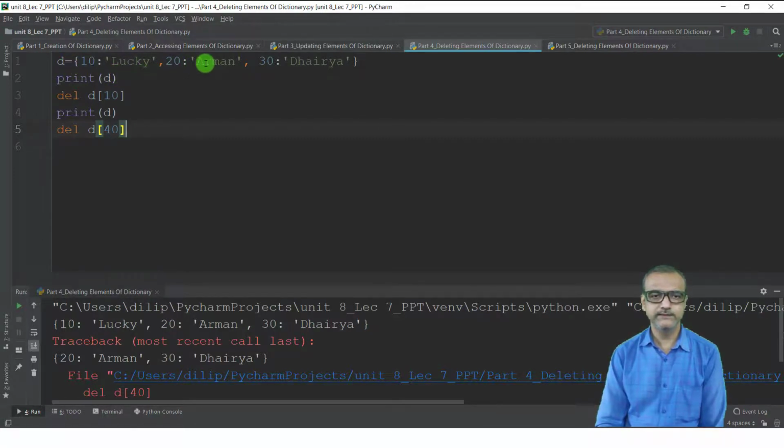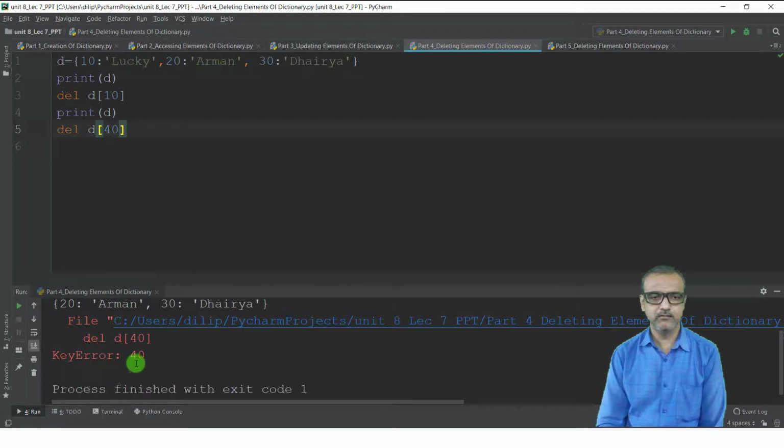We will have these two key-value pairs as output: for 20 we have Arman, for 30 we have Dhairya. Now del of D of 40, as key number 40 is absent, it will give us an error, that is key error 40.